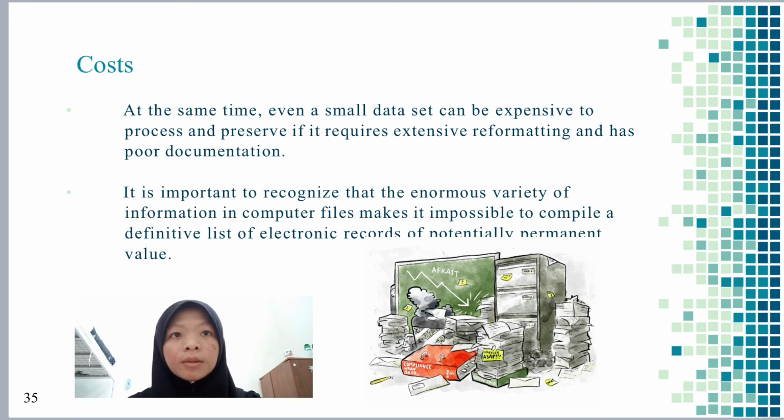And then it is important to recognize that the anonymous computer files make it impossible to compare electronic record of potentially permanent variety of information in a definitive list of value. They do that because